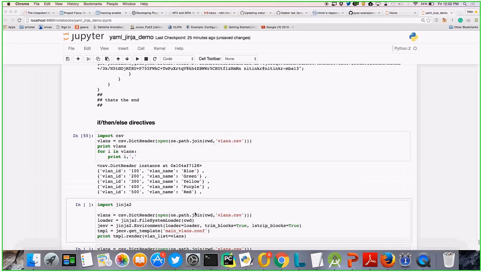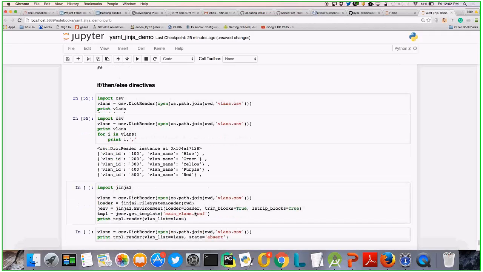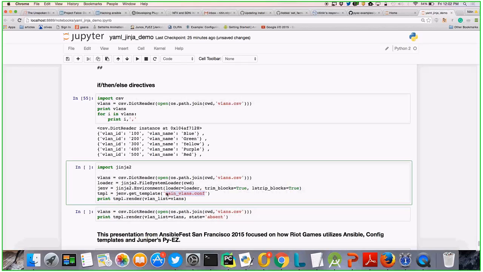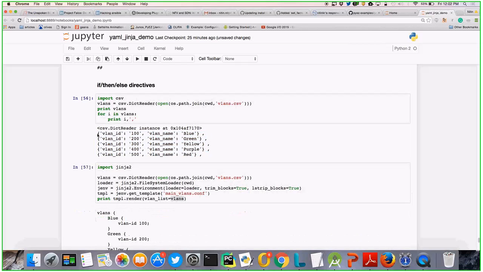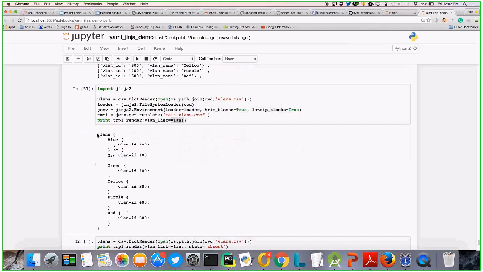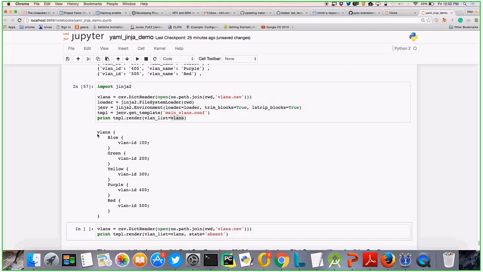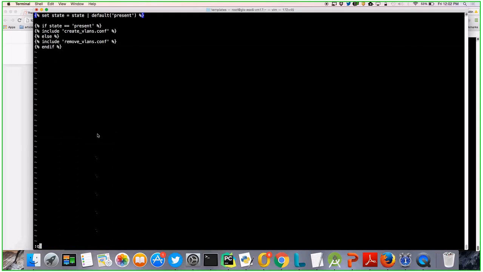Okay. So now if I run this, I'm taking main VLAN and providing these values to that template. So this is my dictionary which I will be providing to that template. And I'm getting this one from create VLAN.